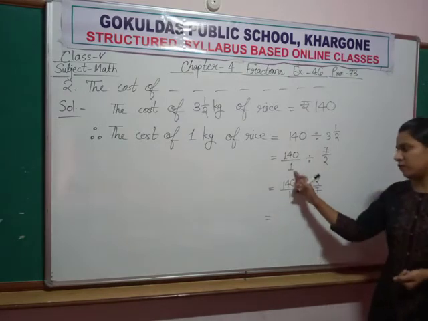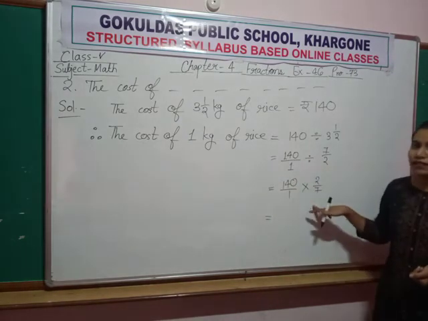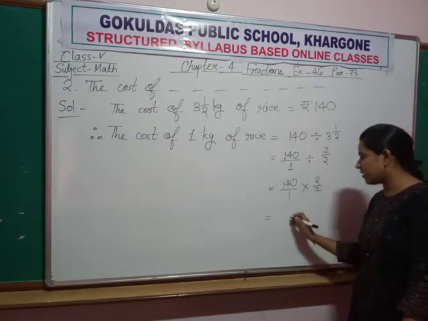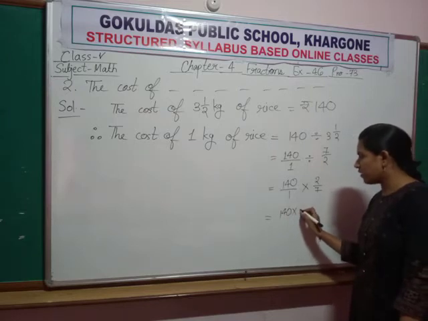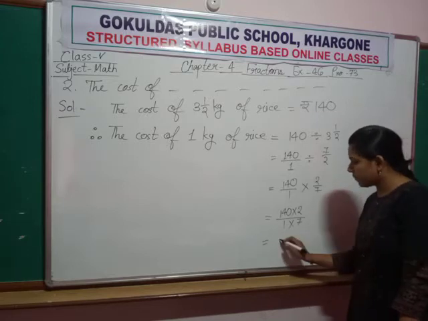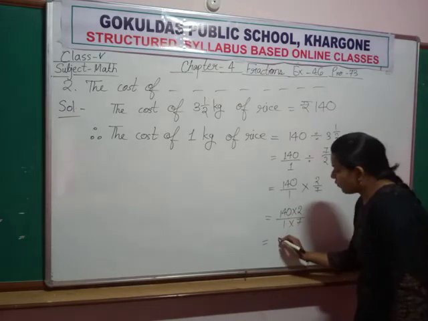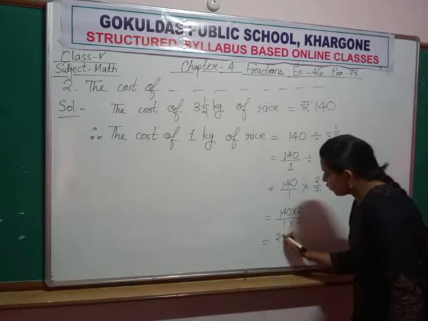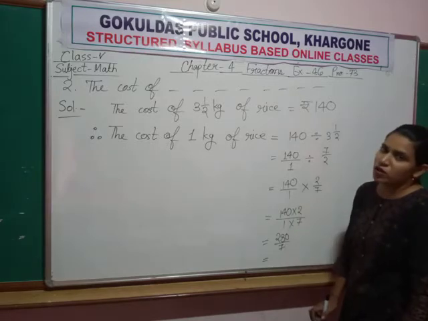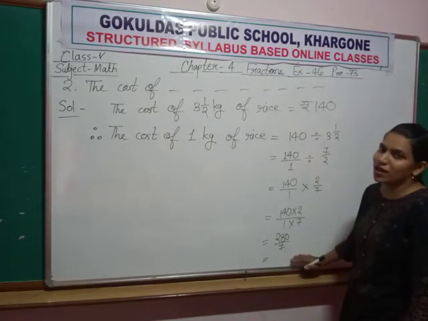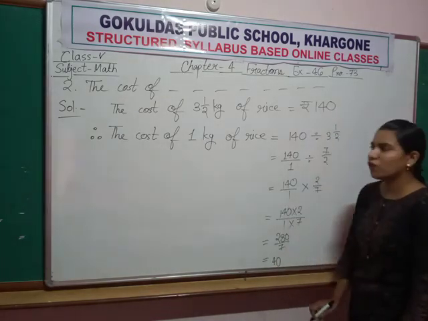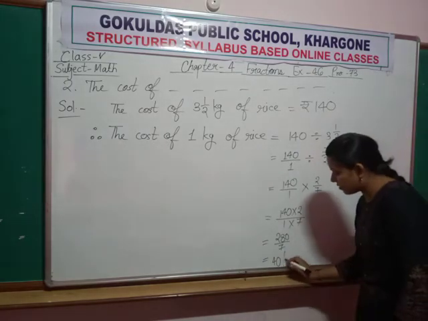Now we have the first fraction and the second fraction. We want to multiply these two fractions, and how do we multiply two fractions? Numerator will get multiplied with numerator. So 140 multiplied with 2 upon 1 multiplied with 7. Now multiply both. 140 into 2 gives you 280 upon 7. Now you can reduce it to its lowest form, and when we reduce this 280 upon 7 to its lowest form, our result is 40.